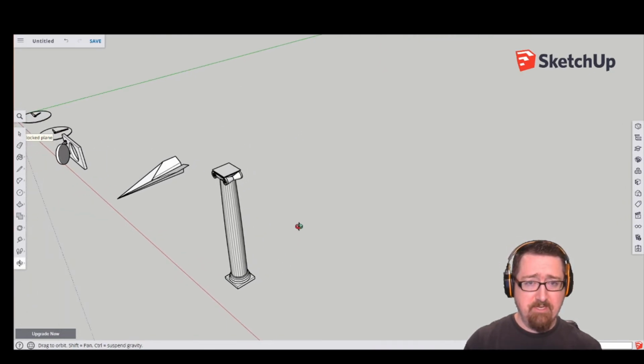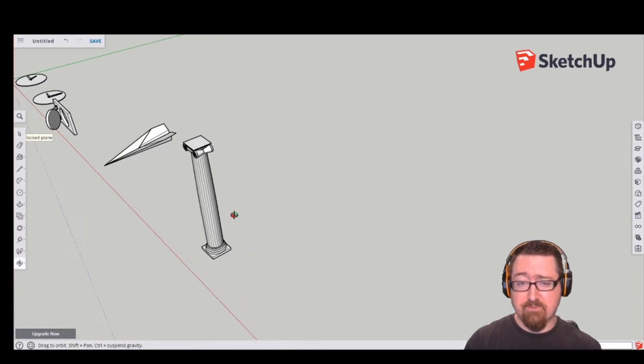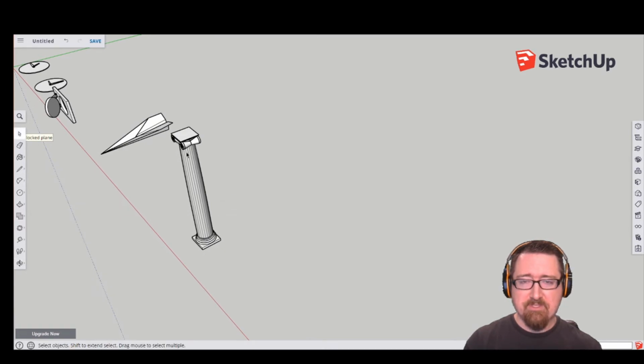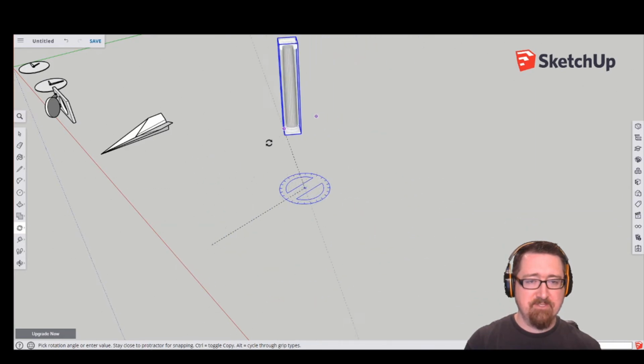rotate tool. And it's very similar to the move tool. Actually, it's the same exact way to do it as the move tool. So here I have my column. I would pre-select that. Again, come in here with my rotate tool. I'm going to click once to establish my axis. Come in here and pick up my object with a second click, and as I'm rotating this around,